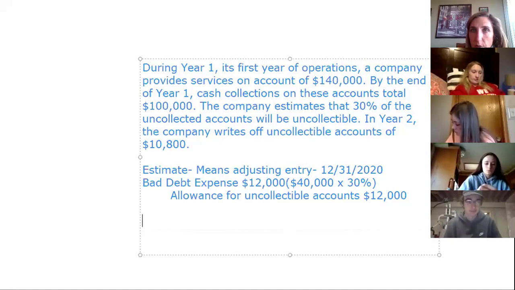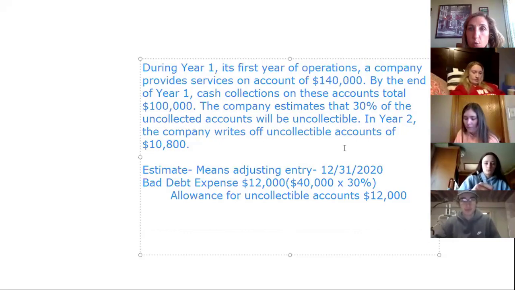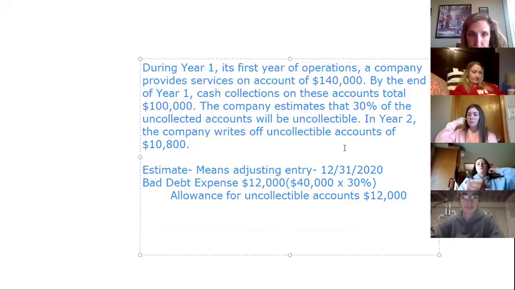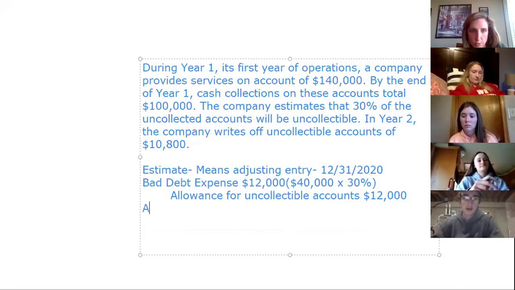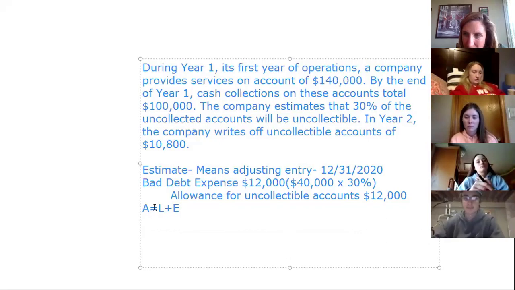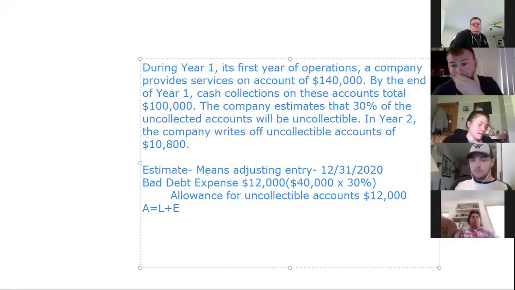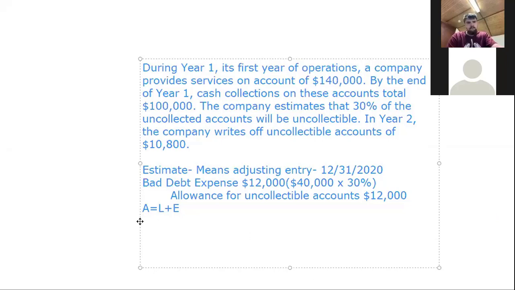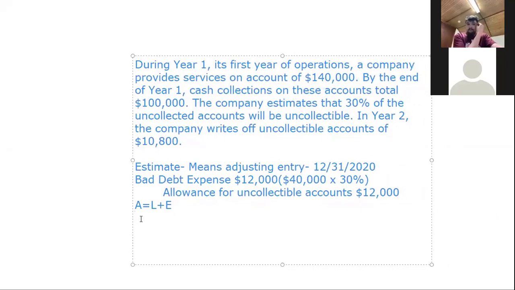Try to check my chat here. Next, when you write off, this is new, I haven't discussed this yet. Actually, before I move on, I want to say this real quick. Does anybody know what's actually happening to the accounting equation whenever we record this entry? This adjustment? Are the assets and equity going down? Both of them. Very good. Yes, I heard a couple of people say assets and equity are both going down. That is right, because